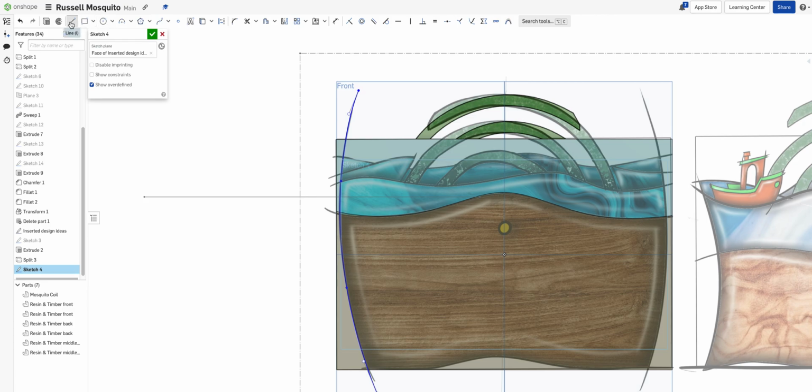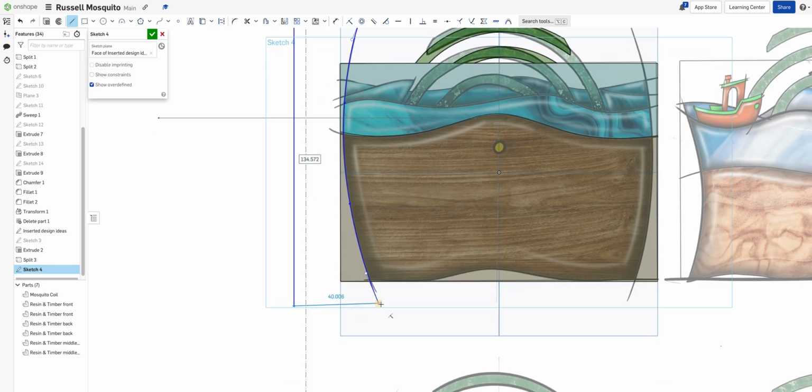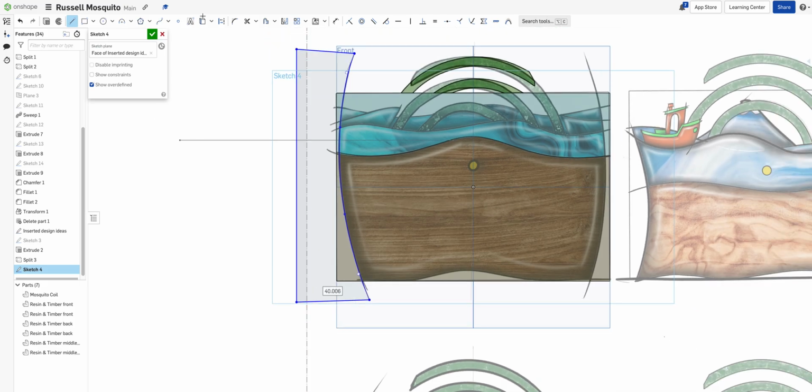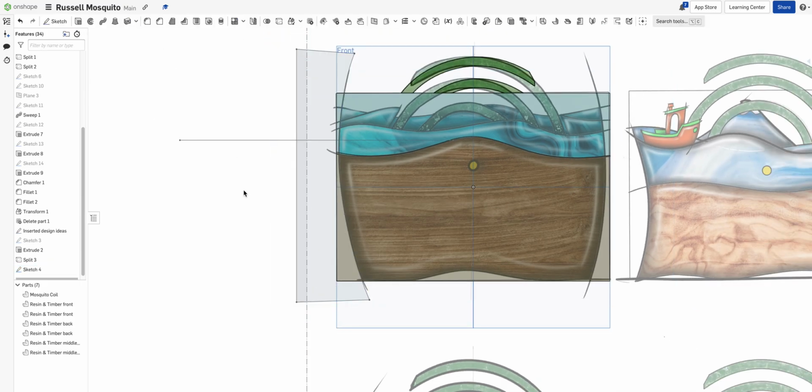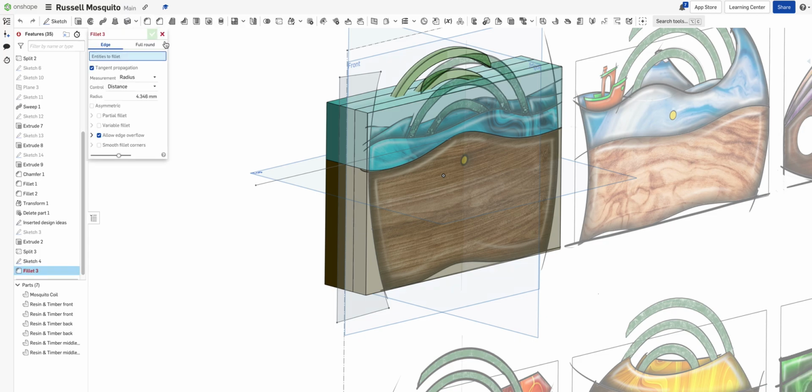Then I'm going to use the straight line tool and join it up outside to create an outside contour. As soon as I do that, the shape fills with colour, shades in. Now by doing that, I know that it extrudes. So if I accept my work, spin it round into 3D, I know that I want to remove this from each of the layers. So if I choose extrude,